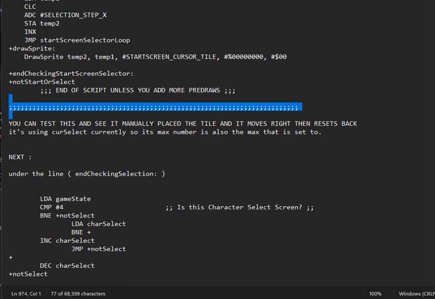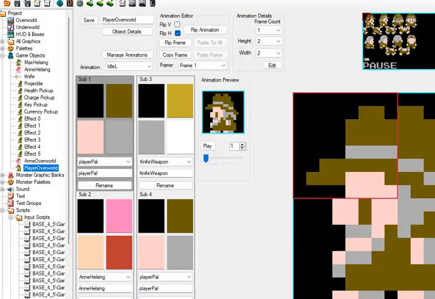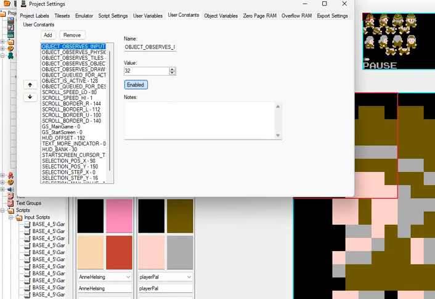So you can test this and you can see it manually place the tile and it moves right and then it resets back because it's using the cur select. So the max number is also the max that it's set to, which is what we set up in here,